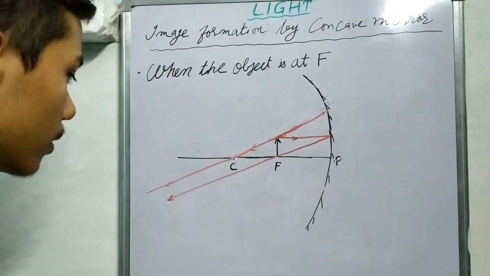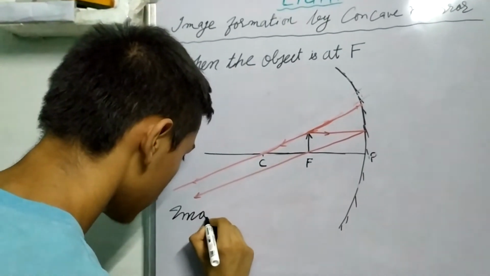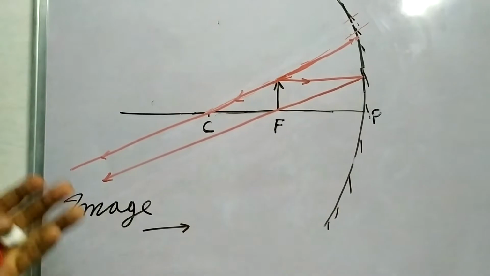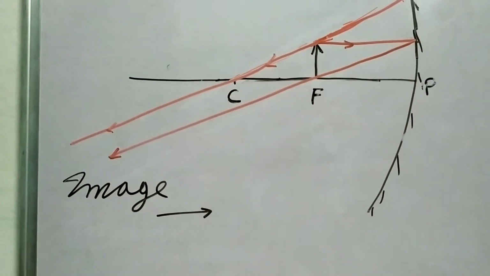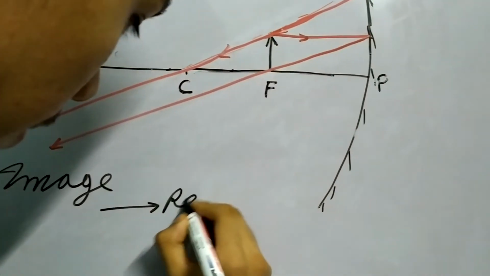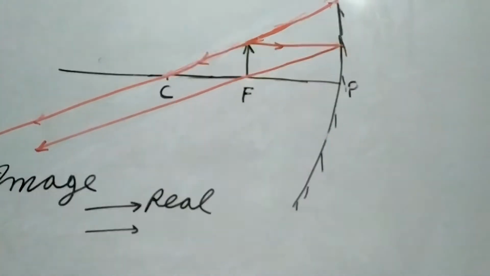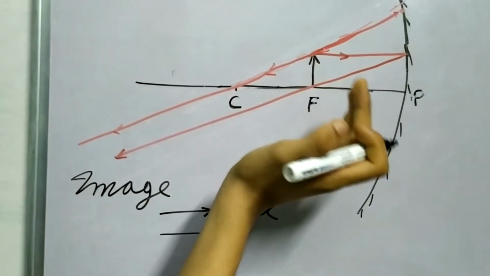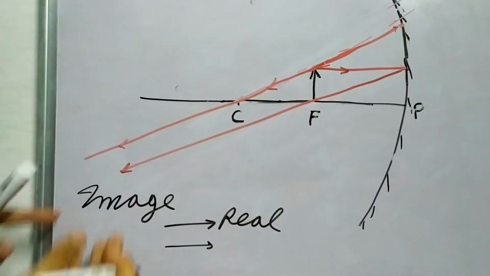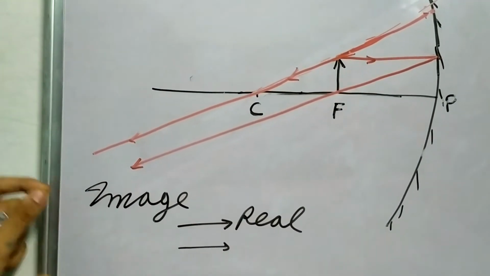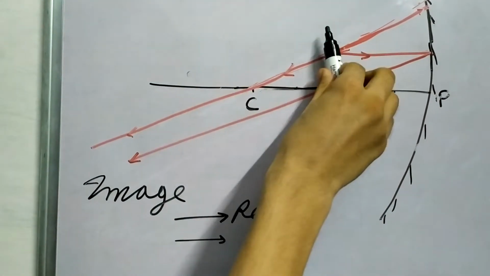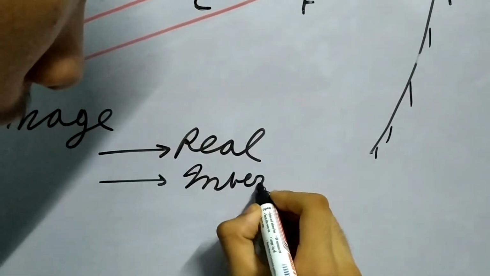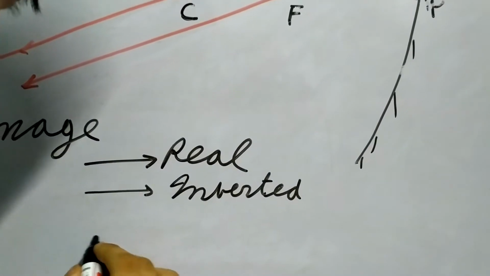Okay. So again, let me write down the image properties, characteristics of the image. Now again, is it real or is it virtual? The rays meet, they're actually meeting. It's a real image. Erect or inverted. This object is clearly above the principal axis, so this head is pointing above. And if these rays meet, the head will point downward. So this is the head; it will point downward. Okay, so the image will be inverted.